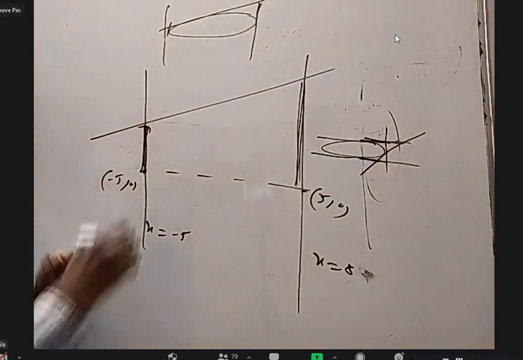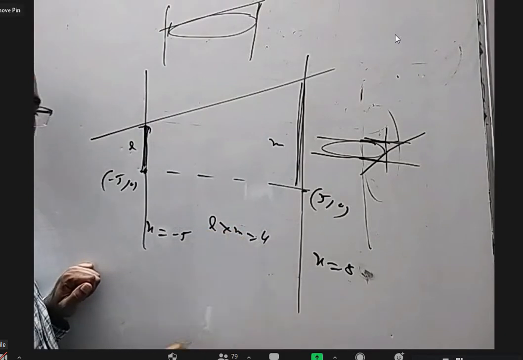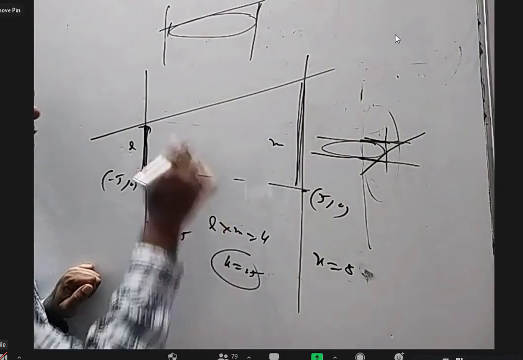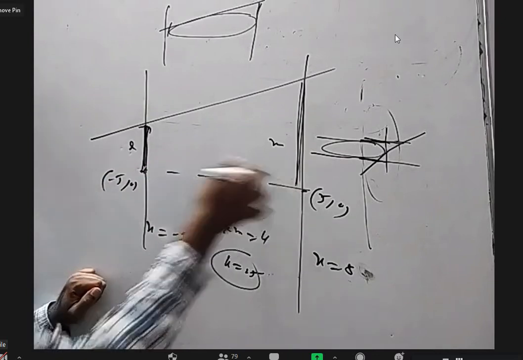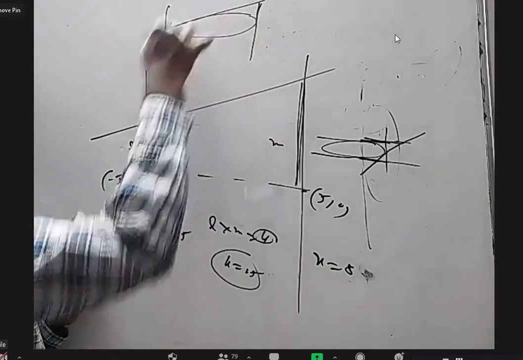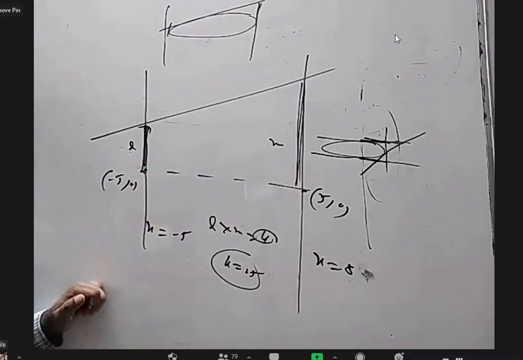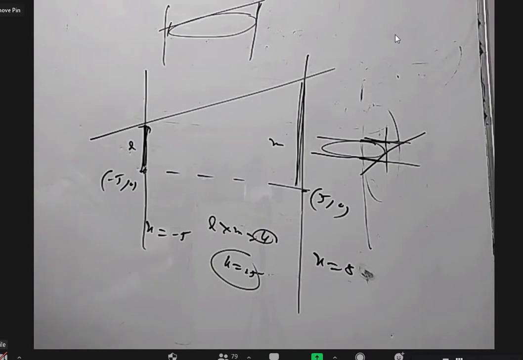Okay, so if this is L and this is M, and I tell L into M is constant, if that constant is 25, this line will always touch a circle with this as the length of the diameter. When it is more than 25, it will be a vertical ellipse like this. And when the constant is less than 25, it will be a horizontal ellipse. Is it okay? I can prove that very easily.